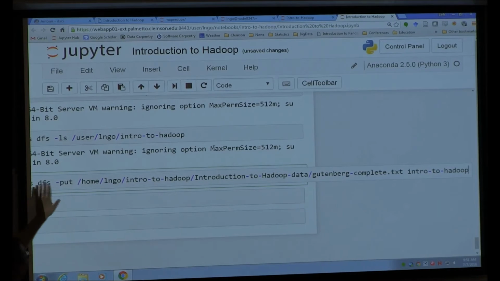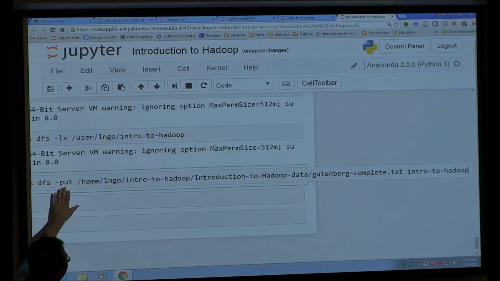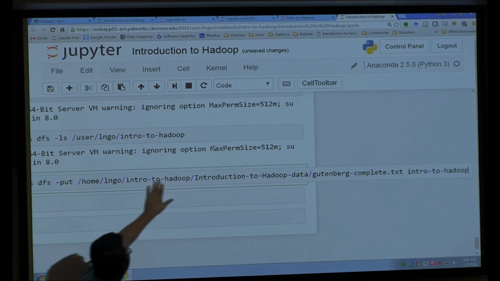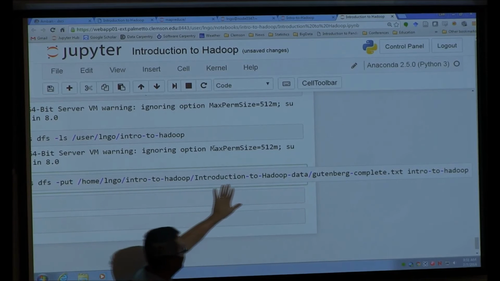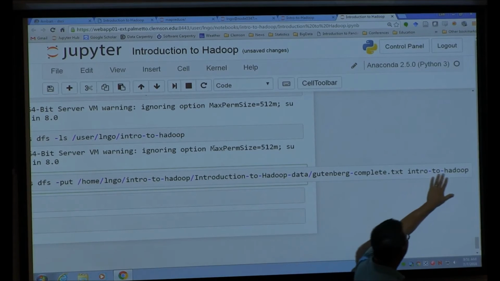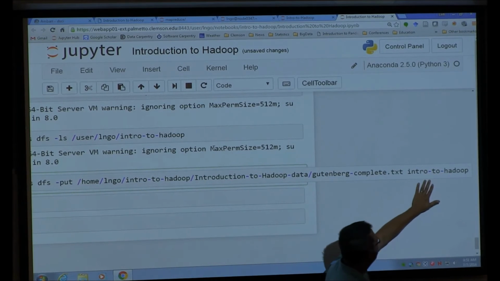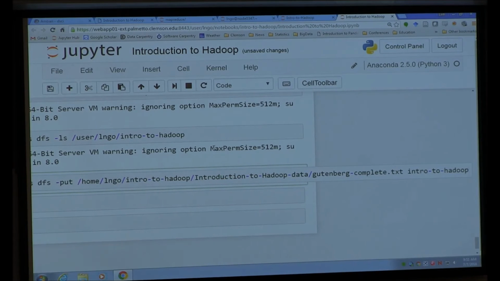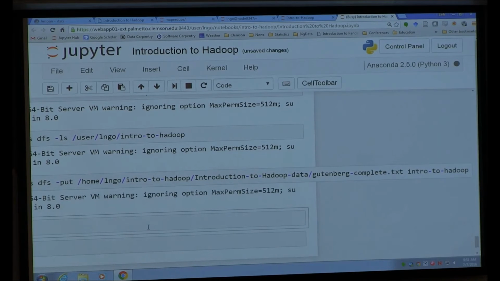So hdfs dfs, you want to put some data from this location, which is the local Linux location, into the intro to Hadoop directory. This is the HDFS location that you just created. So after you do that and run this command,